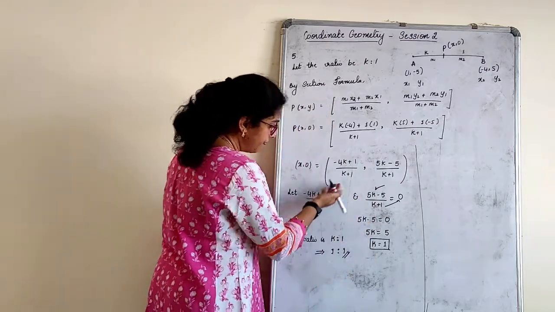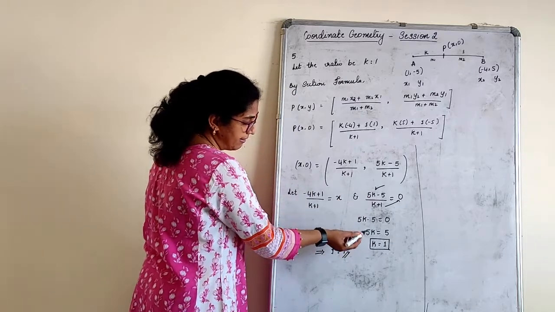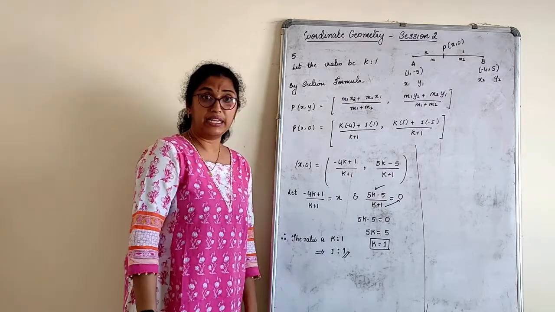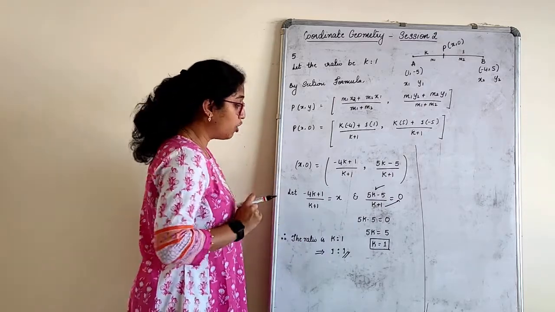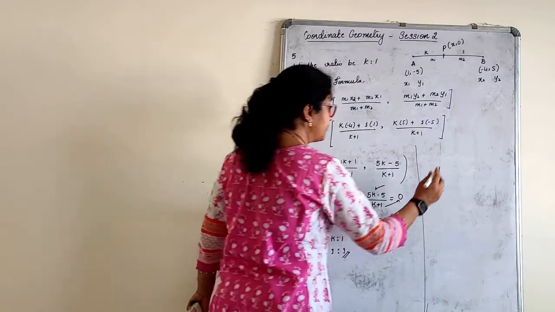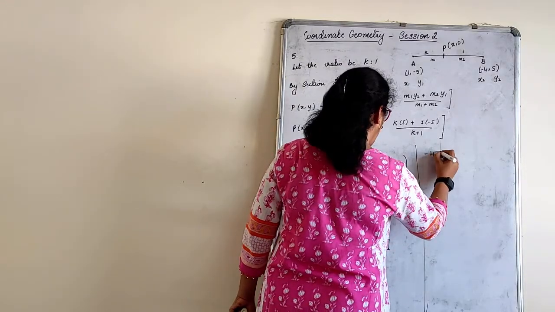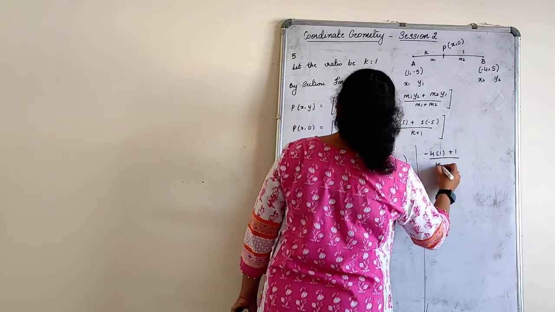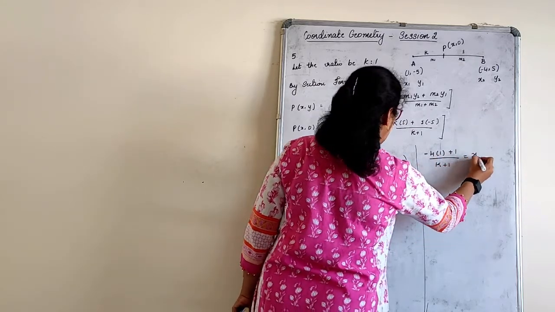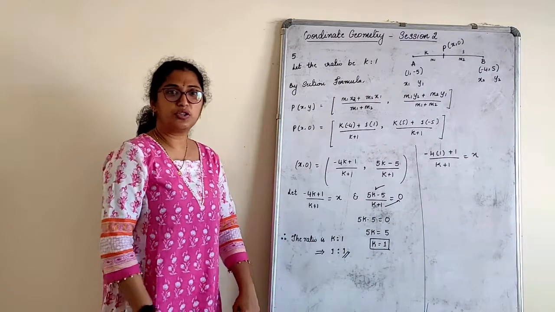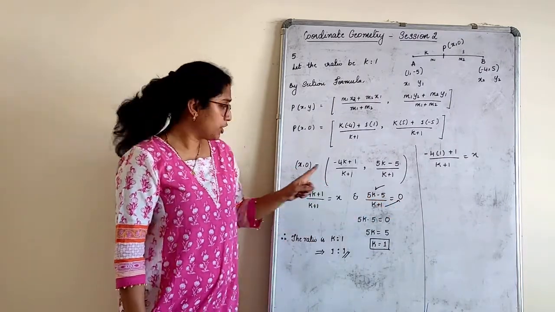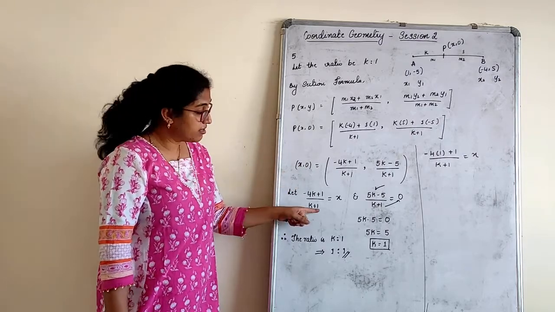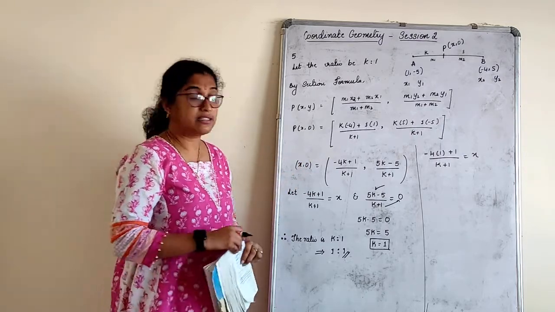Let us find. Whichever equation you want, you have to find, right? So what we will do here is substitute the k value as 1 and let us find the value of x. Minus 4k plus 1 divided by k plus 1 is equal to x. What will happen if I substitute 1 in the ordinate? I'll get 0 because the ordinate is 0. Only the abscissa I have to find. That is why in the abscissa I will substitute k is equal to 1.